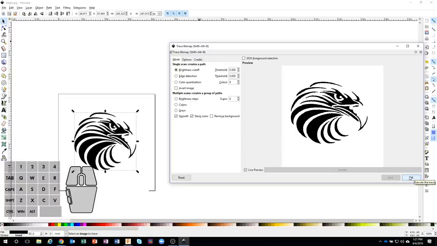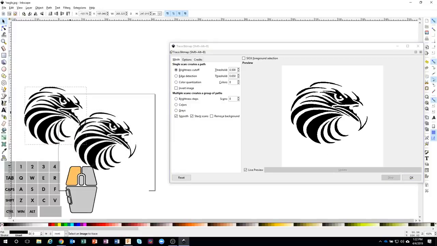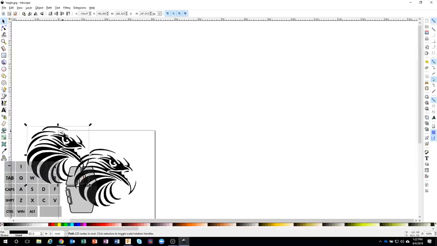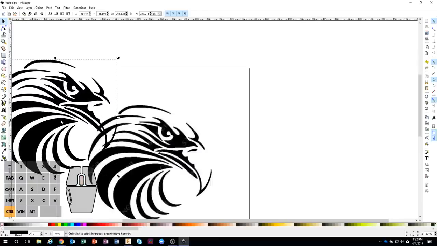Now, here's what's weird. It doesn't look like it did anything because this menu is still here. But as soon as you say OK, go ahead and click and drag to the left. And you'll notice that we now have 2 images here. And then you actually close out of it. The only reason they do this is because you could change your setting and hit OK, and it would redo it with the new settings. Okay. So I'm going to go ahead and close this out,